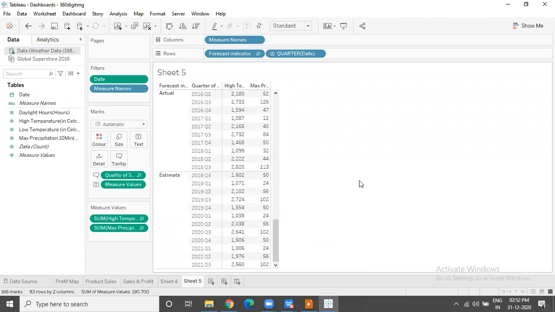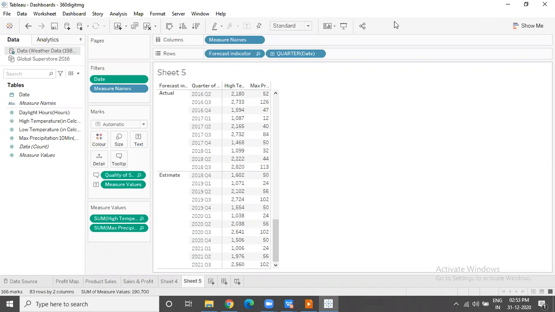Now, there is nothing we can do to further improve the quality of the estimate. In Tableau, we don't have such techniques, because the only technique available is exponential smoothing, so we use that technique and do the estimation. If the quality is greater than 70, then it is reliable. If it is less than 70, then we just have to report that the quality of the data is not good, it is below 70, so we will not be able to do the estimation. Even if we do, it is very unlikely to be correct.